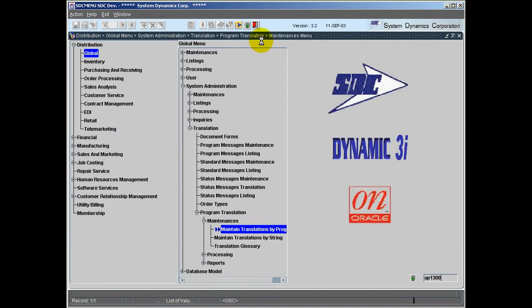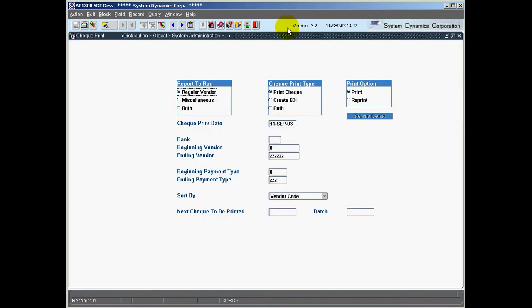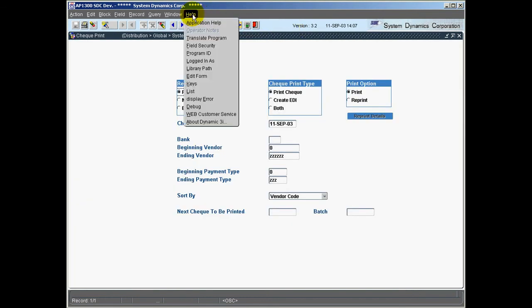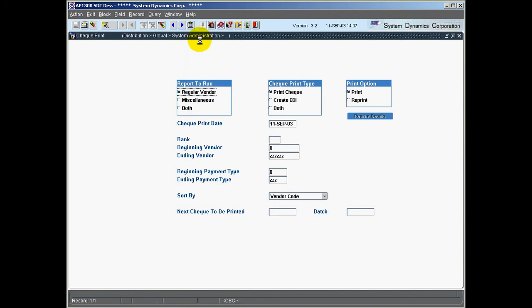If you're actually sitting in a particular program, we're just going to pop into our check print screen. User can go in there, click on help, and go down to translate program, and that will automatically load up the program for you for translation. Now in this case here it came up in English because I'm actually running the application within English, but if I had been the French user, I would have seen my translated text here,